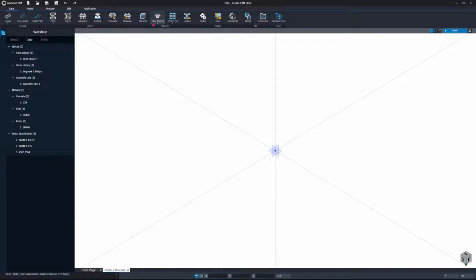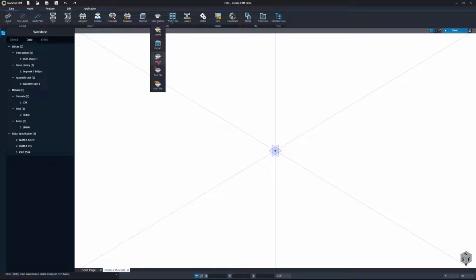And also, if you have created a custom section, for example a custom pre-stressed concrete section in AutoCAD, you can click on the user section, and you can click create, or you can click import.